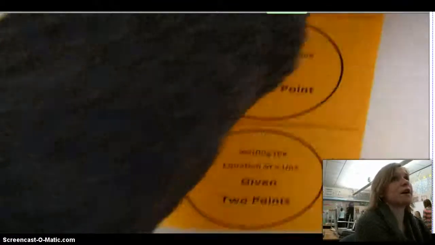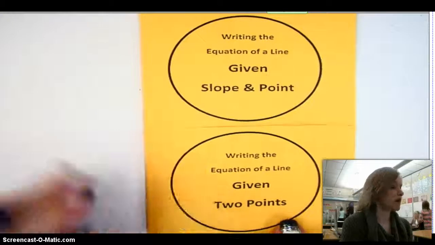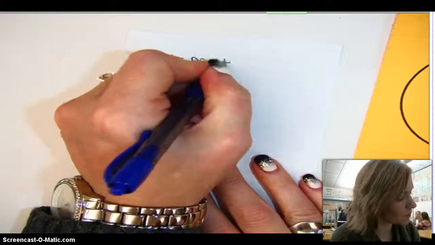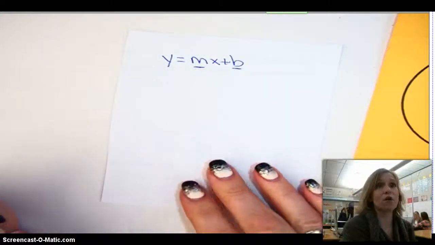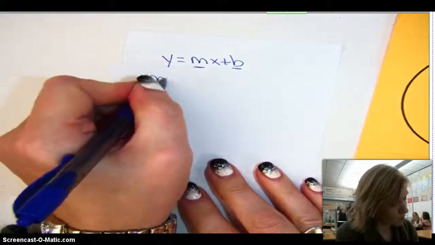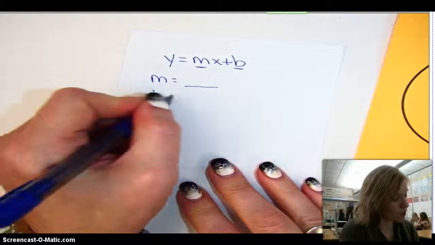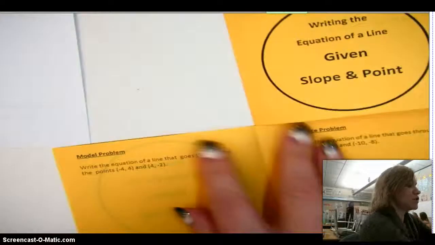The one thing we have to remind ourselves of when we're writing equations of lines given 2 points is that in order to complete our slope-intercept form, we must find the slope and the y-intercept. Those are always our two finds. What do we have to do to find our slope? And what do we have to do to find our y-intercept? So if we look at our very first example from class yesterday,